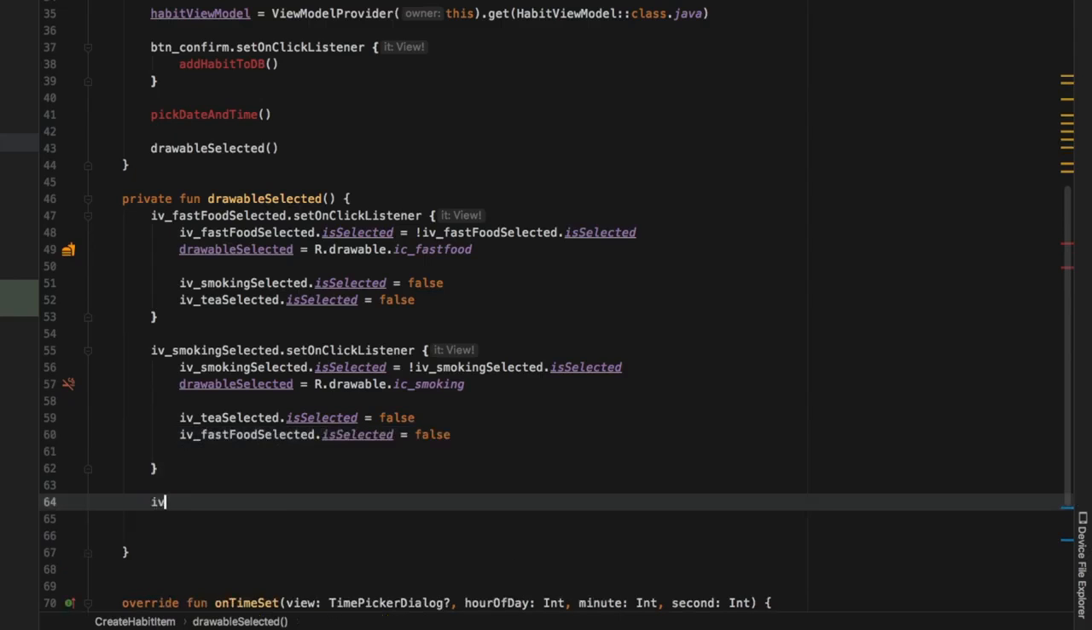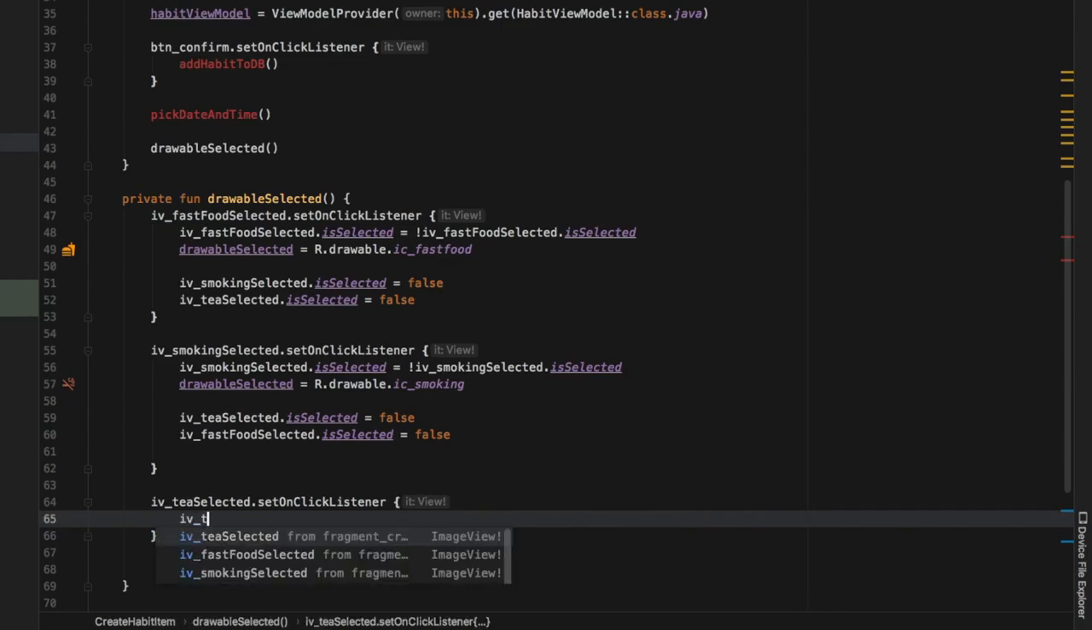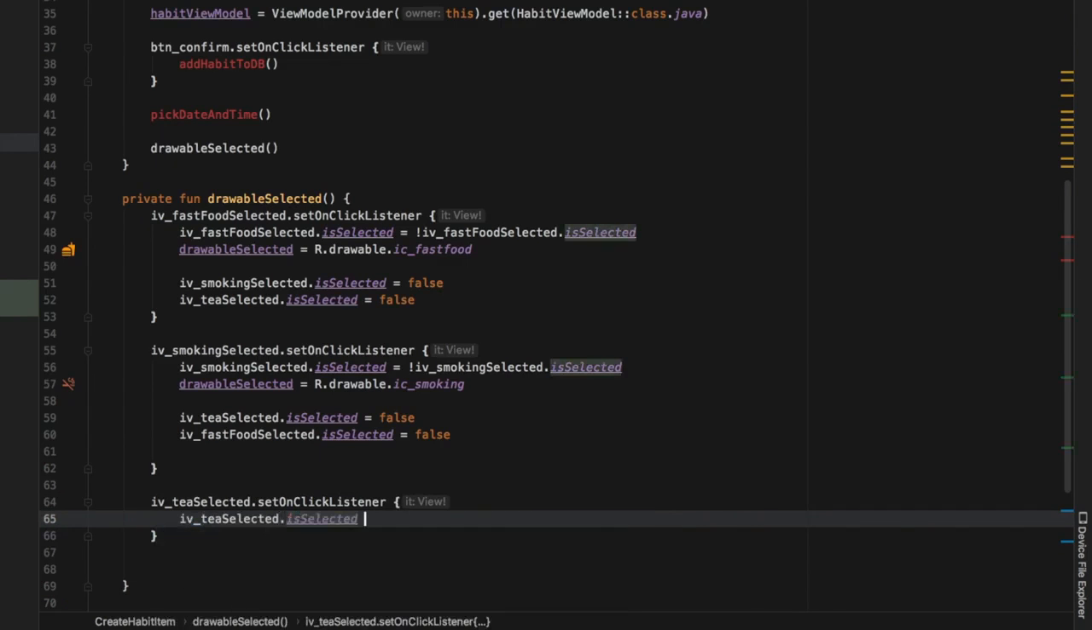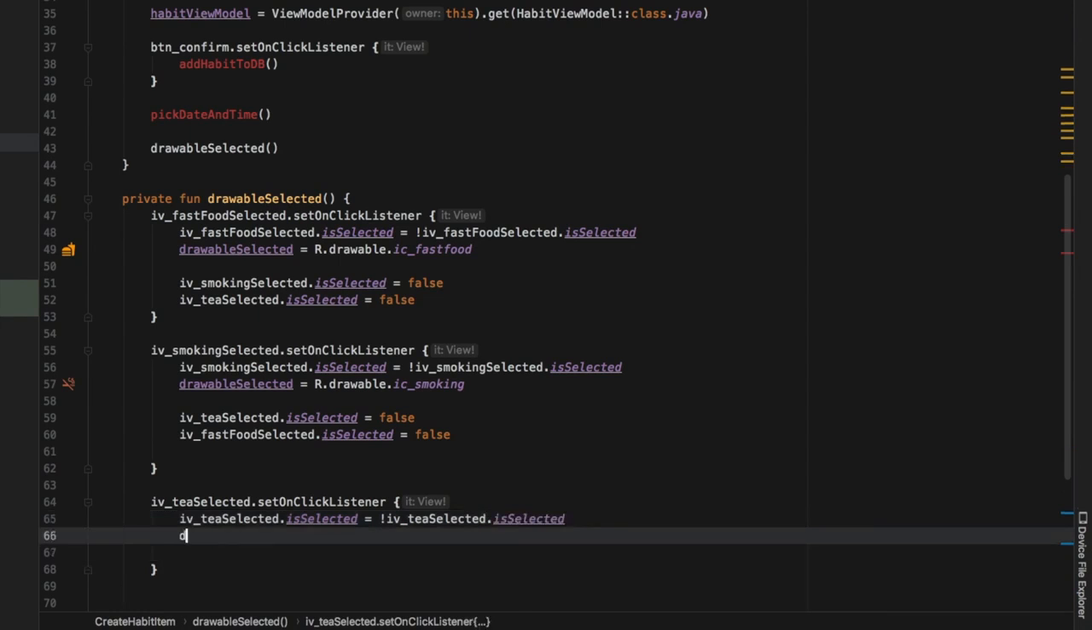And then finally, we need to do it for the T icon as well. So IV T selected set on click listener, and inside here IV T selected is going to be equal to the opposite when we click on it. So we'll just type in exclamation mark IV T selected is selected. Then we will set the drawable selected to